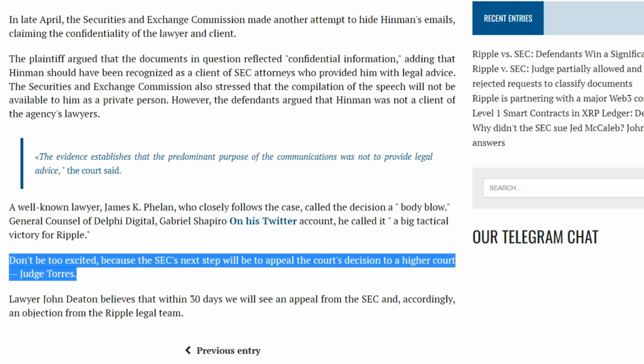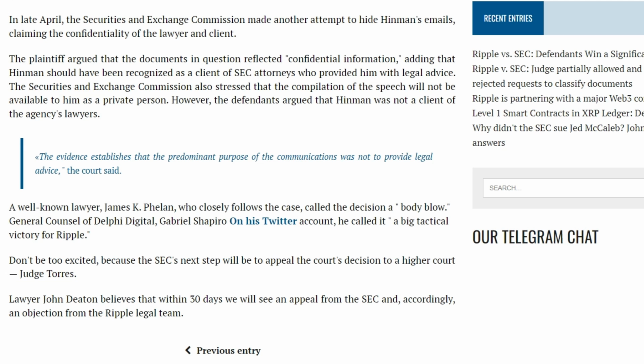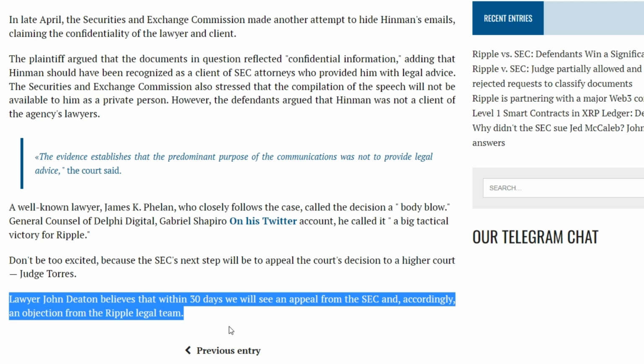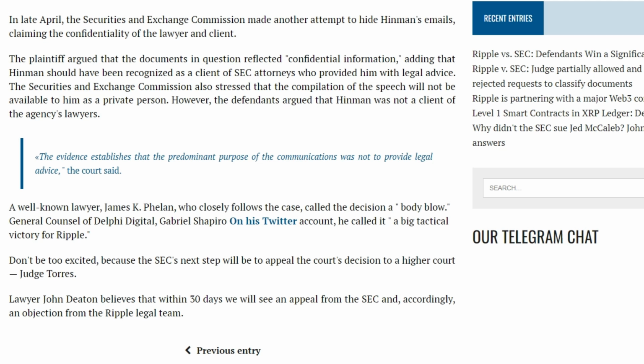Well-known lawyer James K. Phelan, who closely follows the progress of the case, called this decision a blow to the body. Gabriel Shapiro, general counsel of Delphi Digital, called it a big tactical victory for Ripple on Twitter. Do not rush to rejoice too much, because the next step of the SEC will be to appeal the court's decision to a higher instance, Judge Torres. Lawyer John Deaton believes that within 30 days we will see an appeal from the SEC and, accordingly, an objection